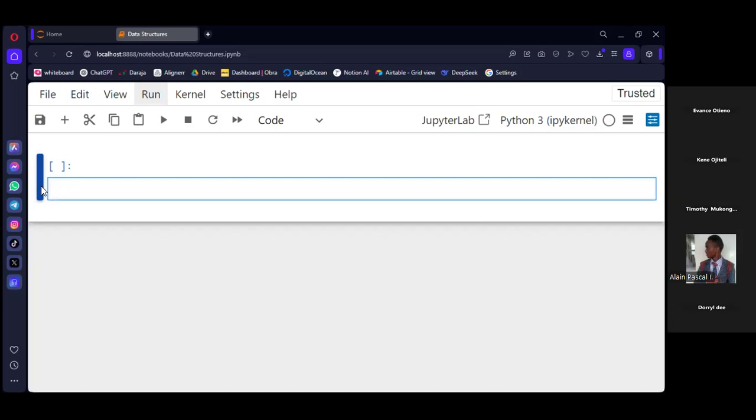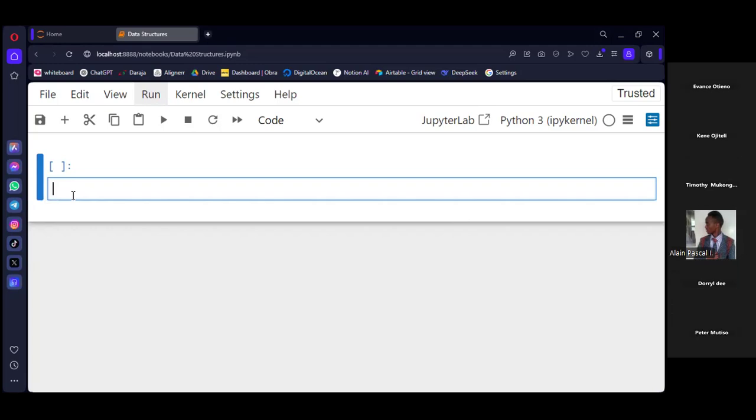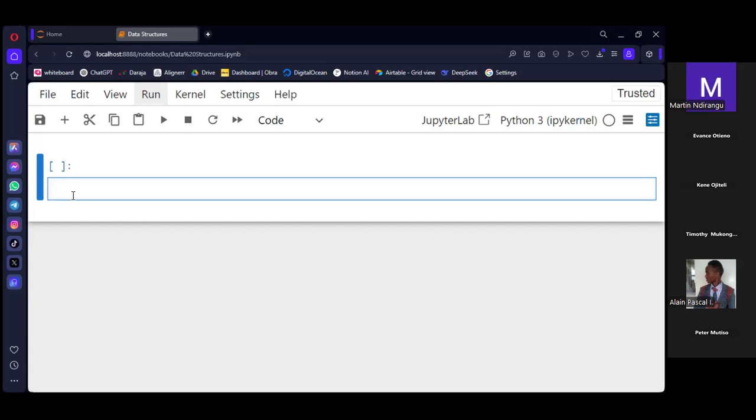In Python, it's very important to know how to work with lists, tuples, sets, and also dictionaries. These are the key things you need to learn in data structures in Python. After that, I believe you'll be good with Python.